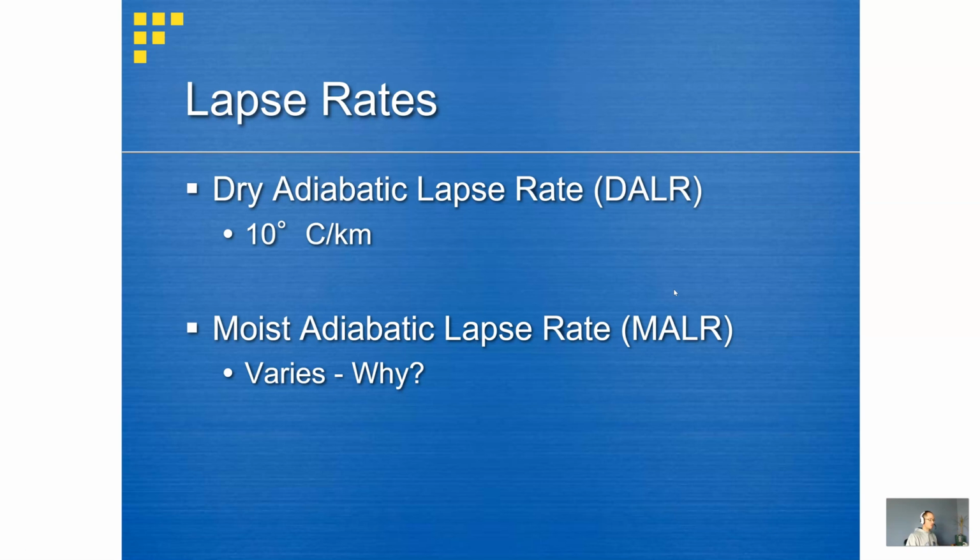And so I strongly encourage you to read a portion of your handout this week on Chapter 2 entitled Why is the MALR Lower Than the DALR? It's kind of fun to talk about them as acronyms, but this is all going to be related to the moisture content. The idea that this is not actually an adiabatic process, the idea that we are going to have to do some conversion of water vapor, and as we do this conversion, this latent energy release helps to offset the rate of cooling. And so you're going to have to give that a little bit of thought as we